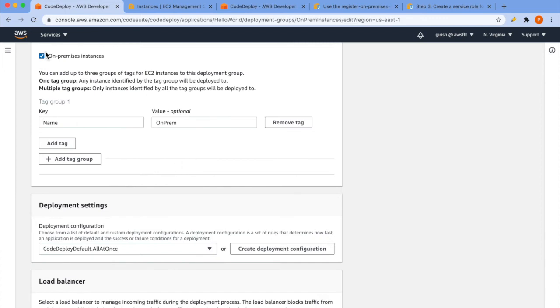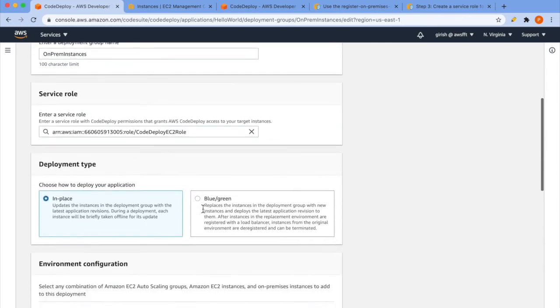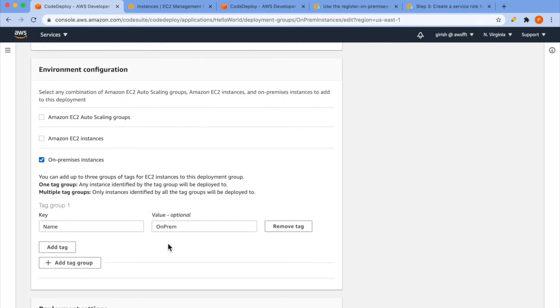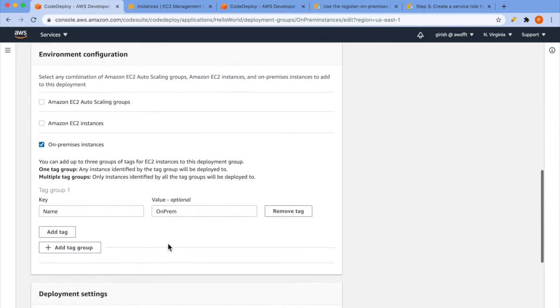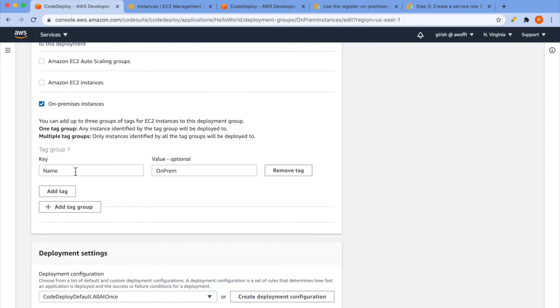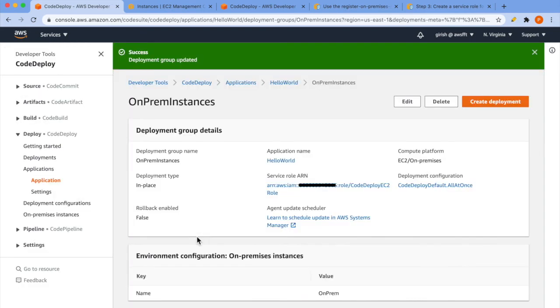That's it. So we can see that this tag is added to our deployment group. So with this tag, it should be able to identify on-prem instance and use that for deployment. Yeah, so any instance identified by tag group will be deployed to. So this is good. So save changes.